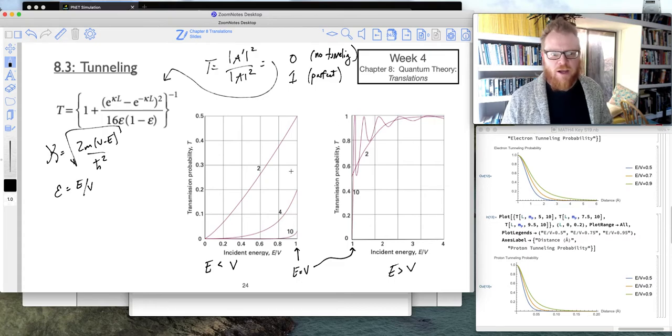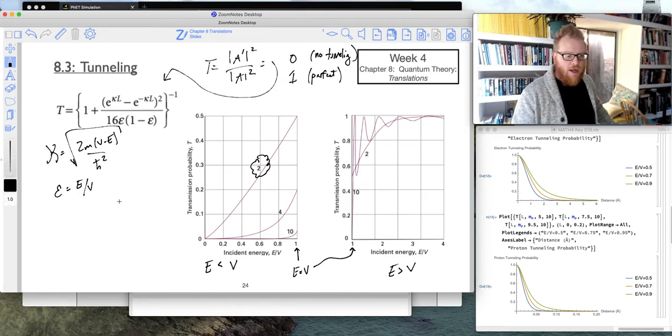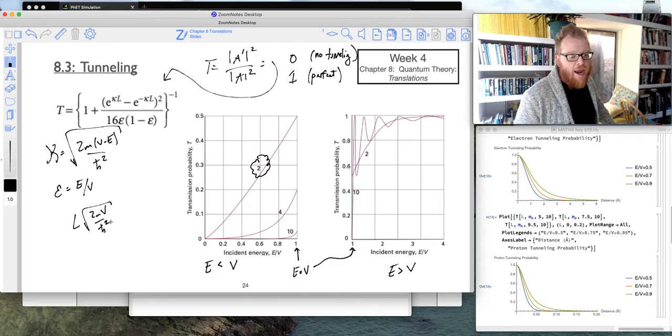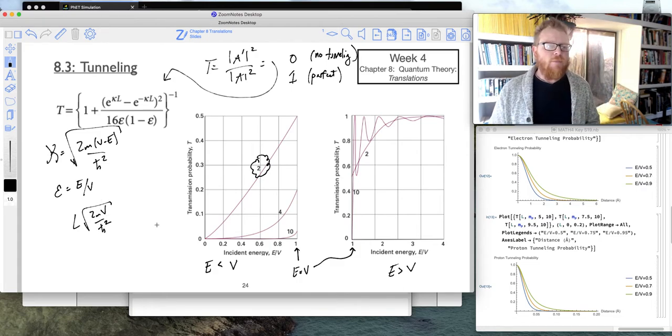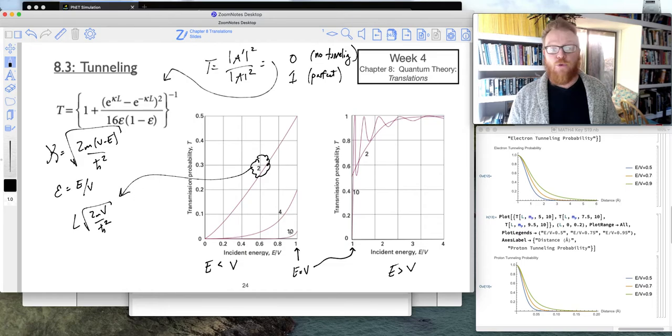And so what do we have going on? So now there's also these numbers, okay? And those numbers have the value of L times root 2mV over h bar squared, okay? And what these numbers are indicating is what happens as the length of the box is increased, okay? So for example, you can see on the scale here, 2, 4, and 10, right? So as you can see, as the length of that box